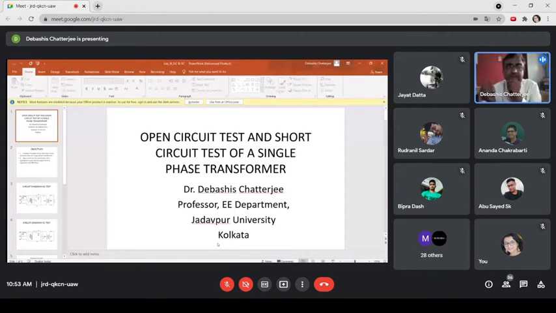Now some of the components are connected in series with the load, like the primary and secondary leakage reactance components. Those are known as series components, right? And some of them are connected in parallel, like the core loss resistance and the magnetizing reactance, known as shunt components of the equivalent circuit. So series components and shunt components.